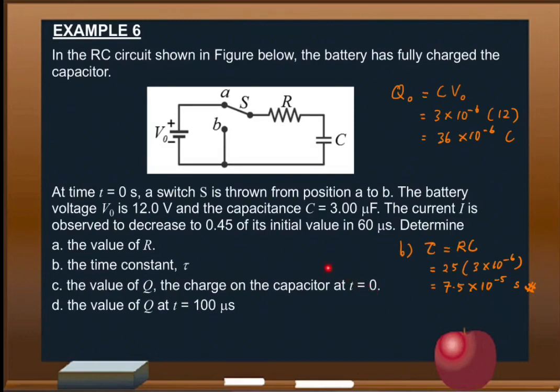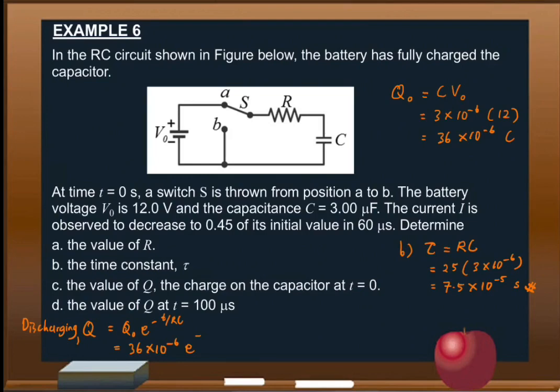And then for C, you want to find Q, which is the charge on the capacitor at time equal to 0. So at time is equal to 0 second, the switch will be thrown from position A to B. Once the switch is at position B, the capacitor will experience a discharging process because the capacitor is not connected to the battery anymore. To solve this, we can use the formula of Q for discharging process, which is Q is equal to Q naught exponential negative T over RC. So we have Q naught, which is 36 times 10 to the power of negative 6,